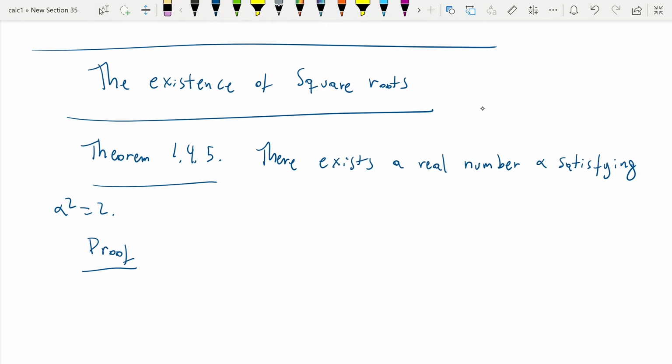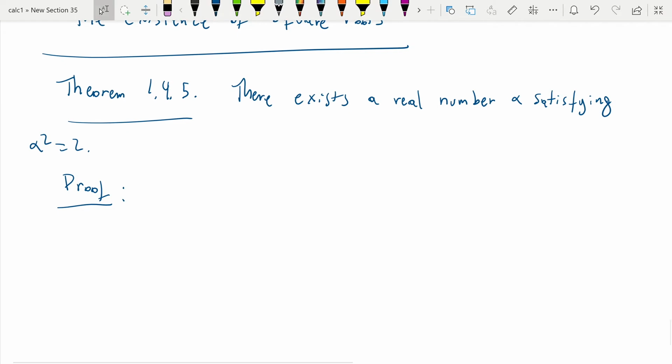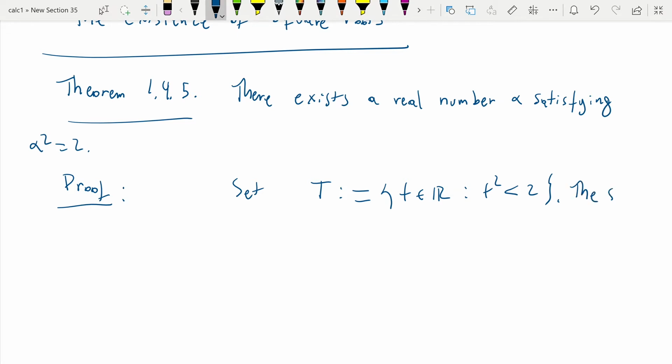So this is just going to be basically recalling the definition that we were given before. We're going to set this set T to be the real numbers such that the square is less than 2. Again, we've defined this set in the past, and what is important about it, we've already shown, and so the set